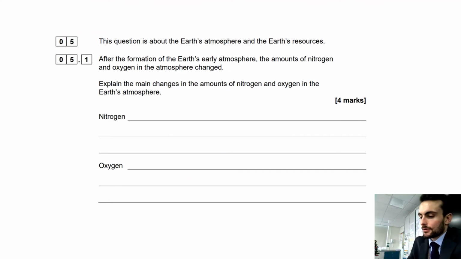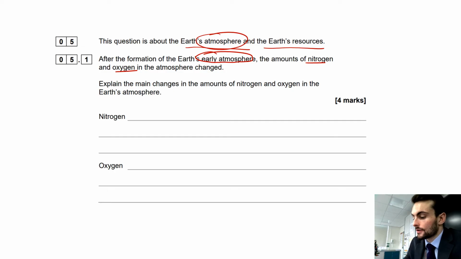This question is about Earth's atmosphere and the Earth's resources. Talking about the Earth's atmosphere, there's already a hint as to what's going to happen and what we're going to be talking about. After the formation of the Earth's early atmosphere, the amounts of nitrogen and oxygen changed. Right, before I even read any further, the first thing I am going to be thinking about is the comparison of Earth's early